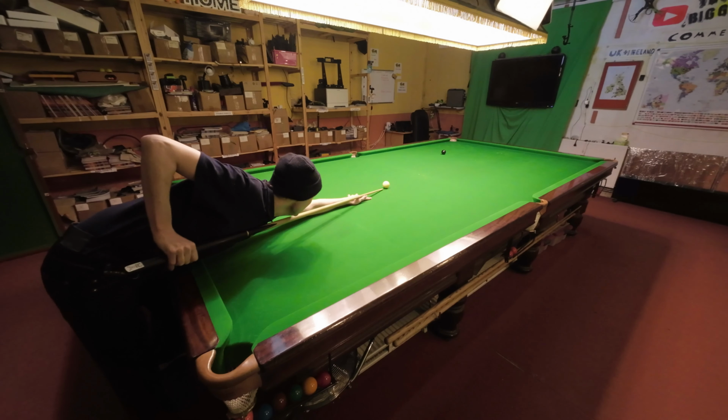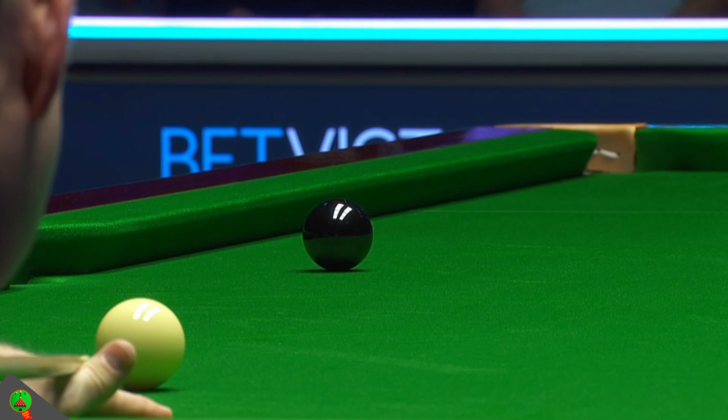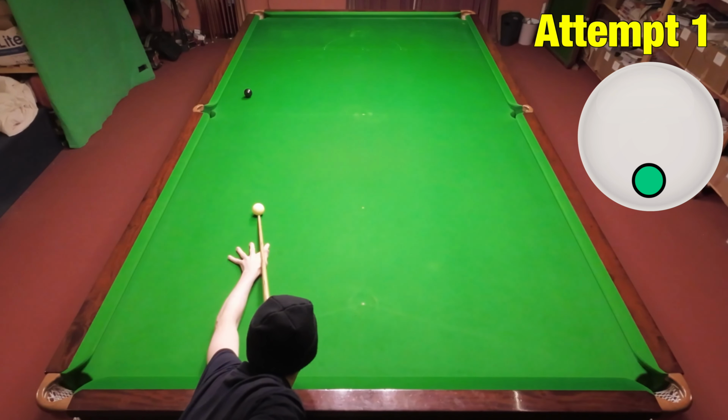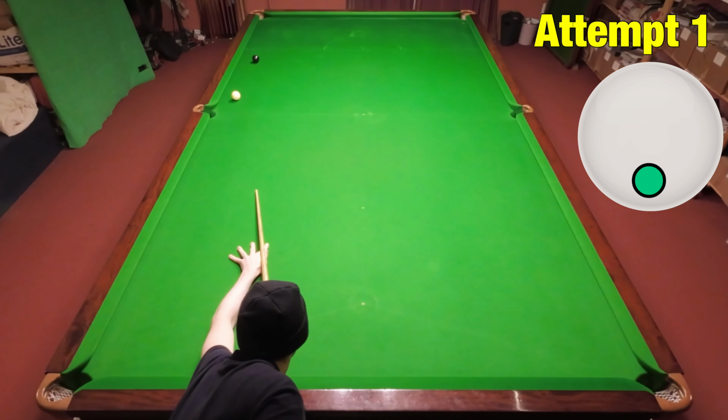Shaun Murphy's next, finishing off the frame with a difficult long black. This is such an awkward shot up the cushion that I feel most players would have turned it down and played the really straightforward safety shot. And this just demonstrates how confident Shaun appears to be in his cueing right now, because as you can see